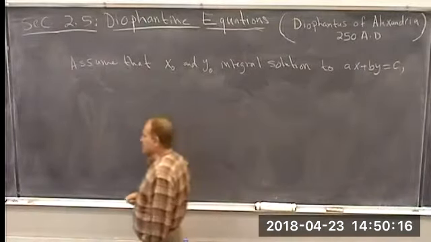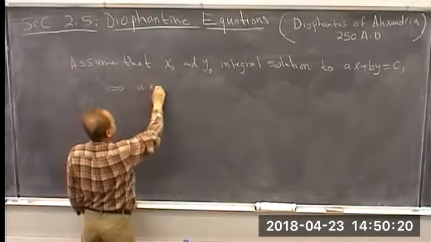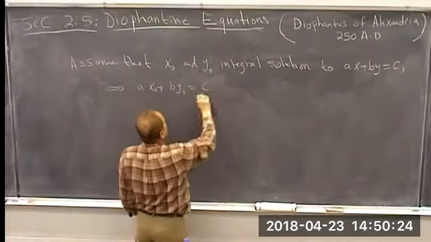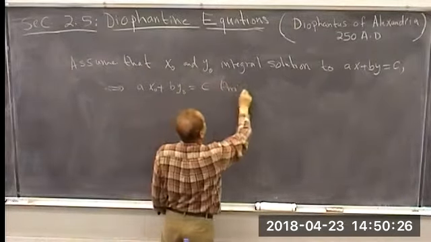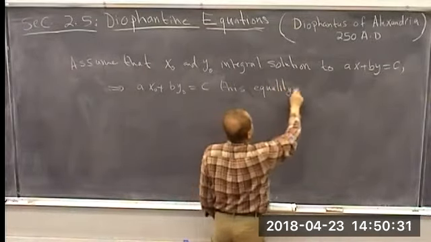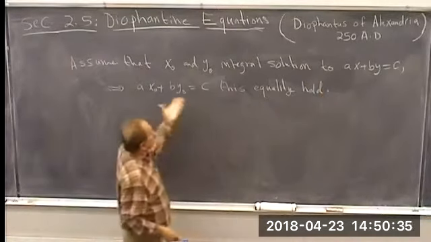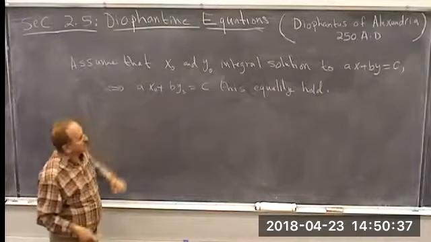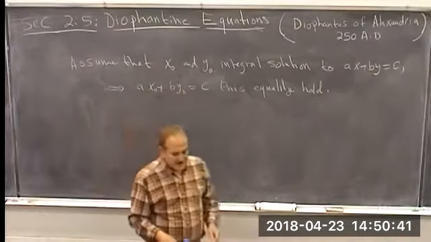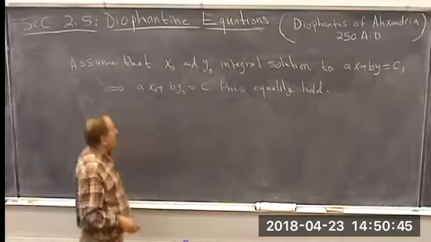Well, what does this mean? This implies that we have ax sub 0 plus by sub 0 is equal to c. Actually, this equality holds. It's not anymore an equation. This is two integers equal to each other. On one side is an integer, on the other side is c. All right. Now,